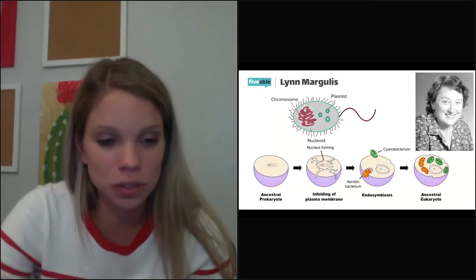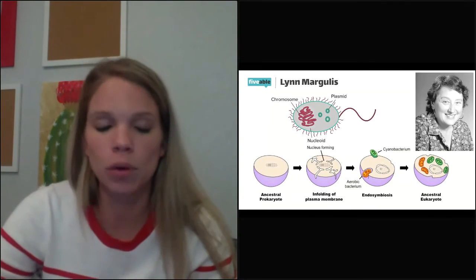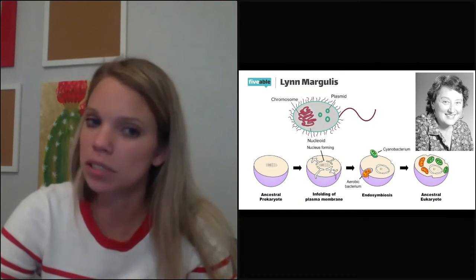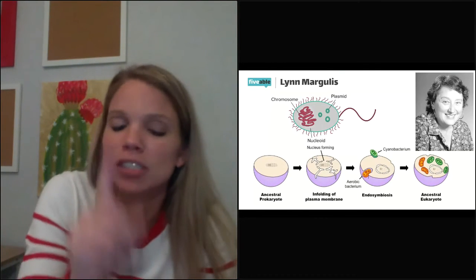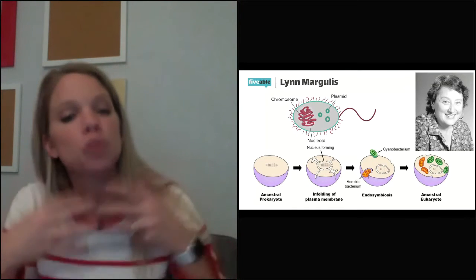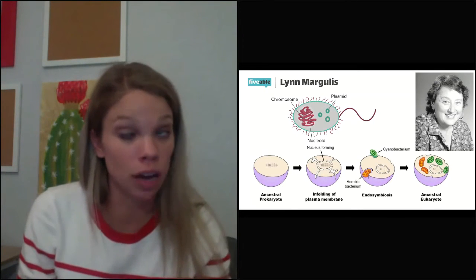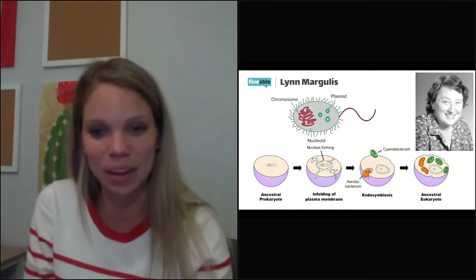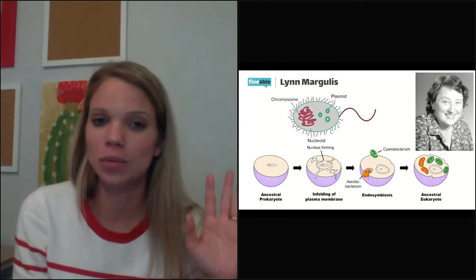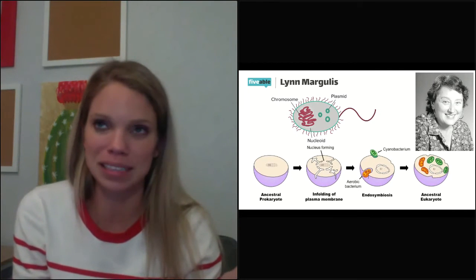Don't get me wrong, they could have mitochondria, they could have chloroplasts, they could do cellular respiration, they could do photosynthesis, but they weren't as efficient because they didn't have as much surface area, because they only had one membrane. But now, once they were absorbed, they had two membranes, extra surface area, extra room to do stuff, activities, if you will. And so, dun, dun, dun, dun, that's when we had a big bang, basically.